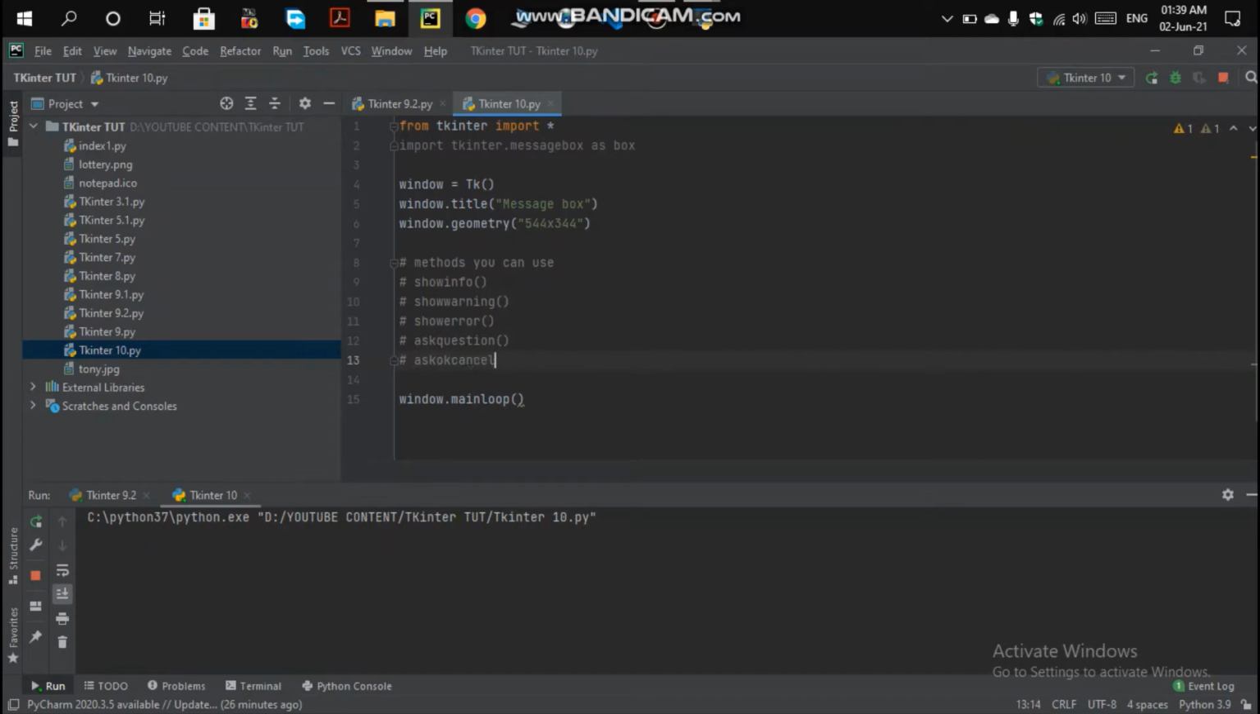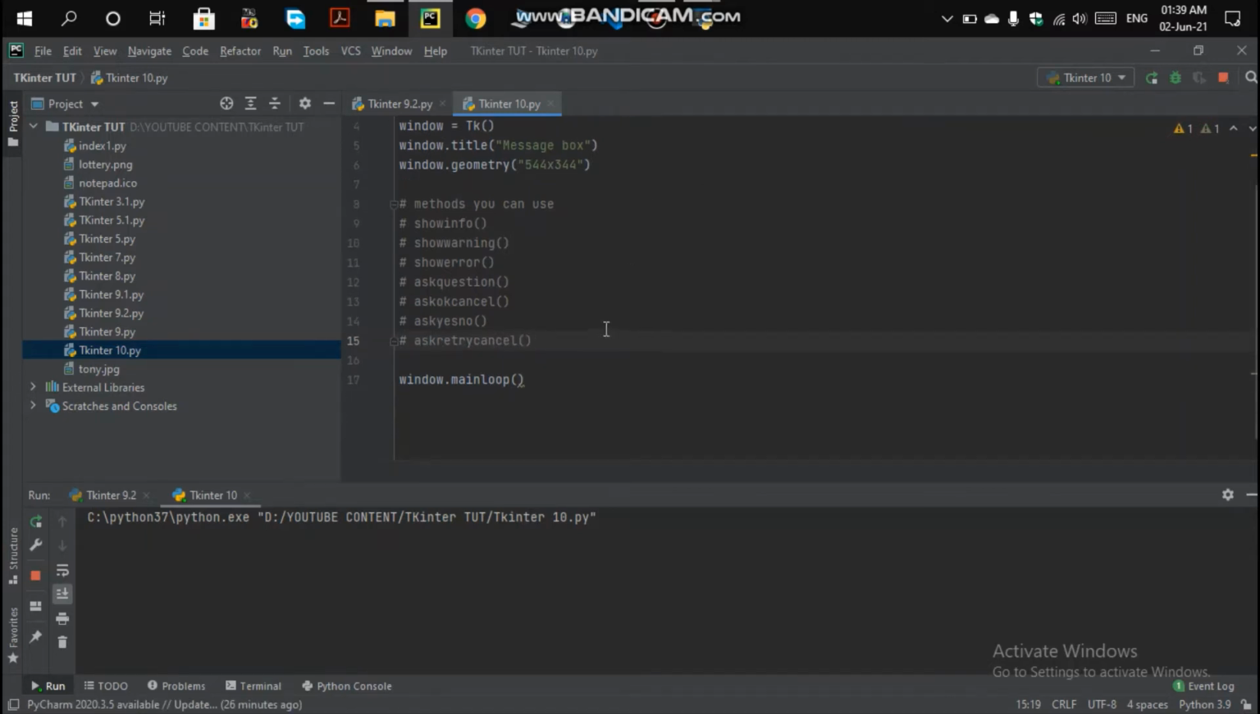You can give these type of functions, like asking questions, to your window, like ask type functionalities. And ask yes no you can also give in the window, and ask retry and cancel. These are the functionalities that could be used in your window. So let me show. First of all, I'm going to write the code to display a message box